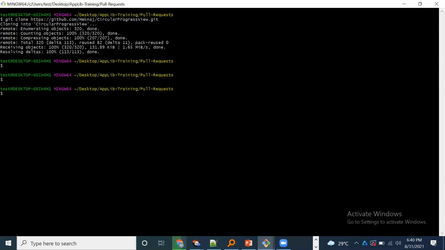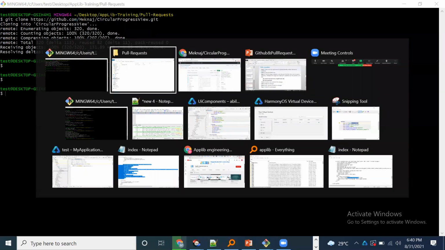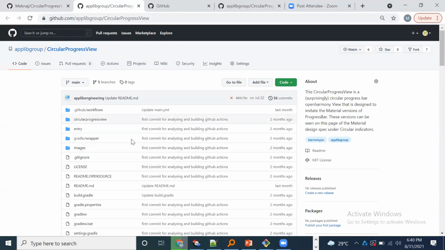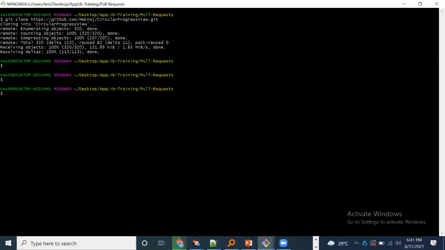Now there are two approaches. Since we have forked the code, it might be possible that you don't need the changes that are done by fellow developers. Let's say that in this original repo, there will be a lot of developers contributing parallelly, right? So in some cases, you might not require all the changes that are done by them. So in that case, you can just work independently. You don't need to create a link to the original repo or anything. You can just start making changes to the cloned repo, and then you can do the git push, commit and then create a PR.